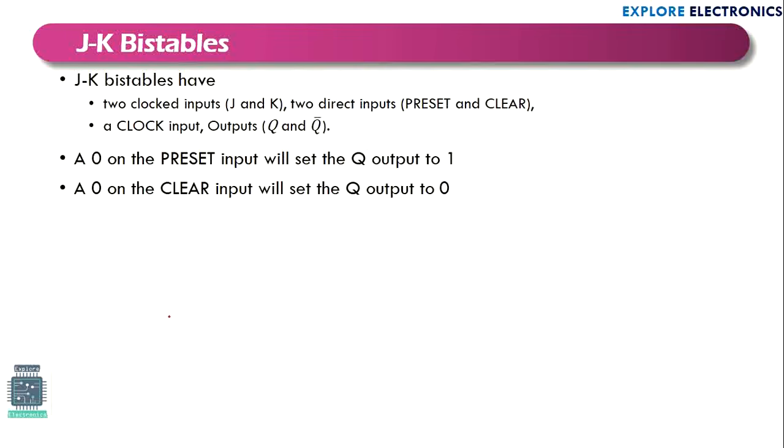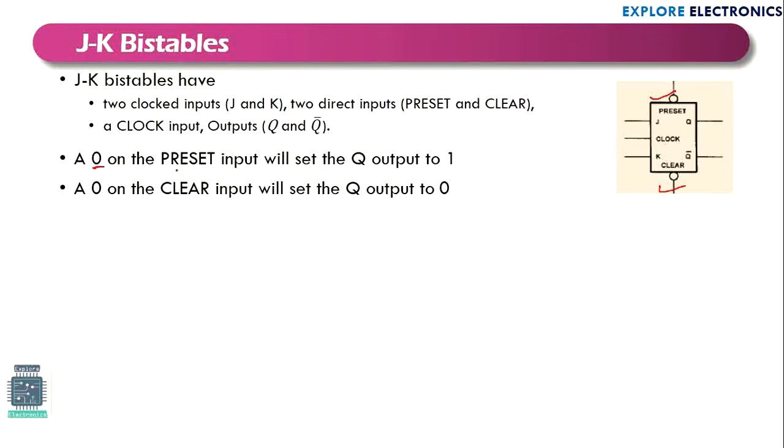Next one is the JK bistable. JK bistable in the sense it is again similar to the SR bistable, where S and R are replaced by J and K, and the operation will be slightly different. Here we are introducing another two inputs. With J and K inputs, we will be having preset and clear. We can also have preset and clear in the D bistable and also in the SR bistable, but here the preset and clear is explained. What is preset and clear? Let us come back to these J and K values later, as we saw in S and R. Now first understand what is preset and what is clear.